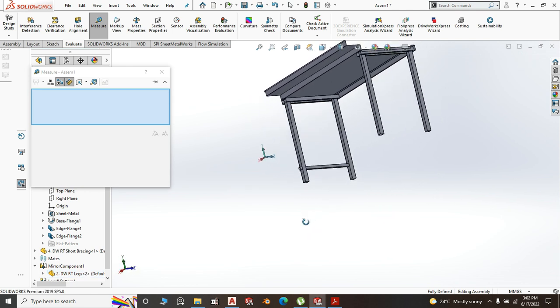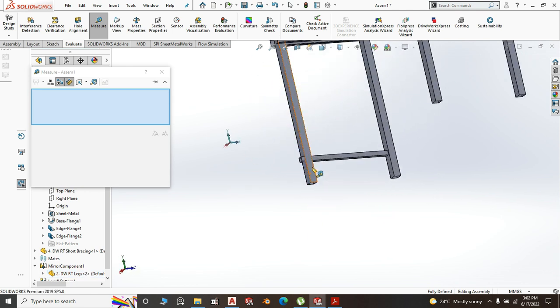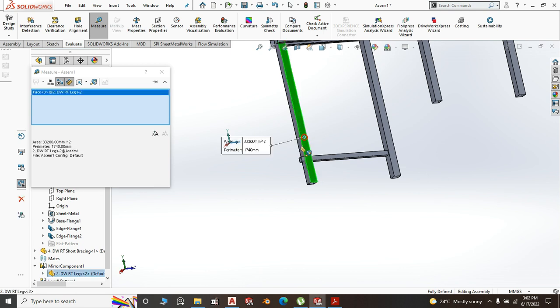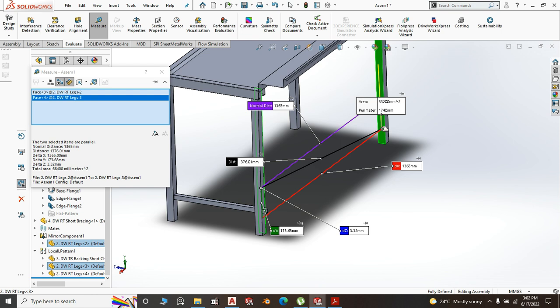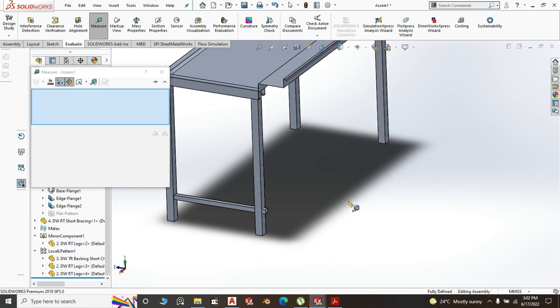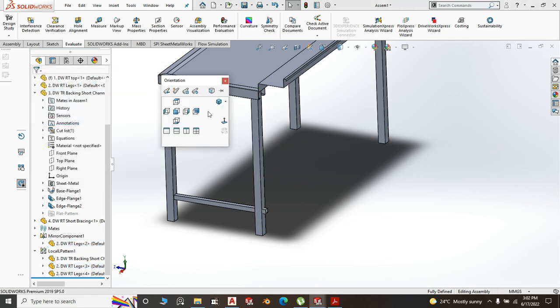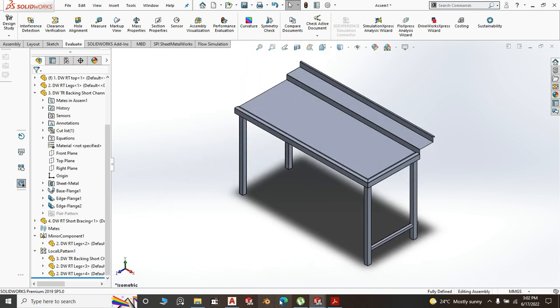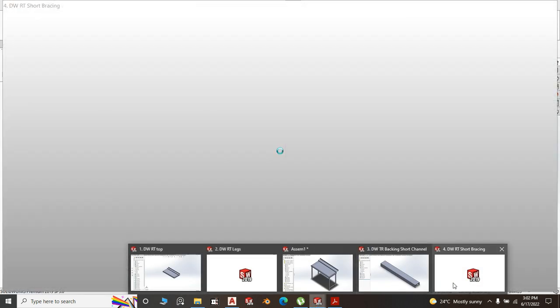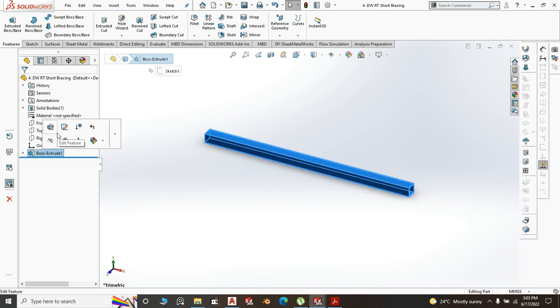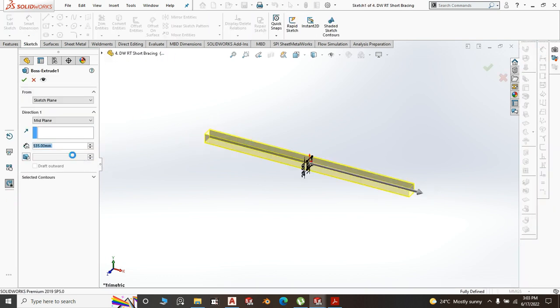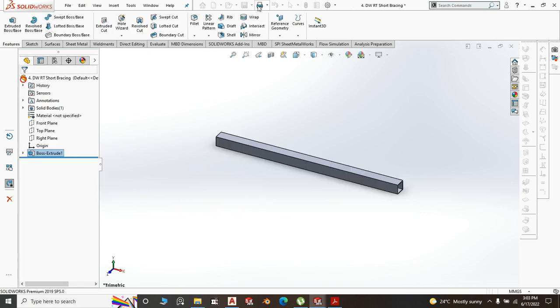476. Now let me evaluate also for the long bracing. The long bracing should be 1365. Okay, so I go back to my bracing and edit this to 476. Then I save changes,